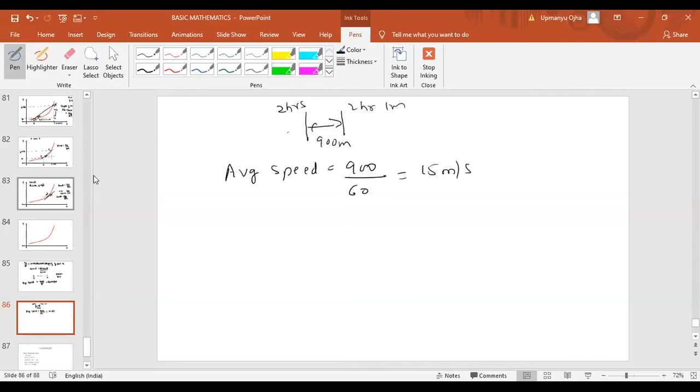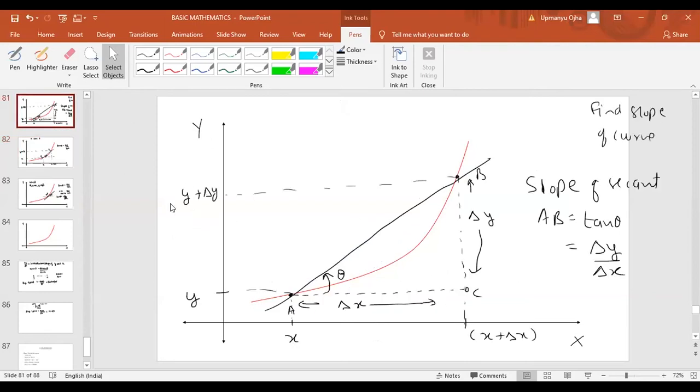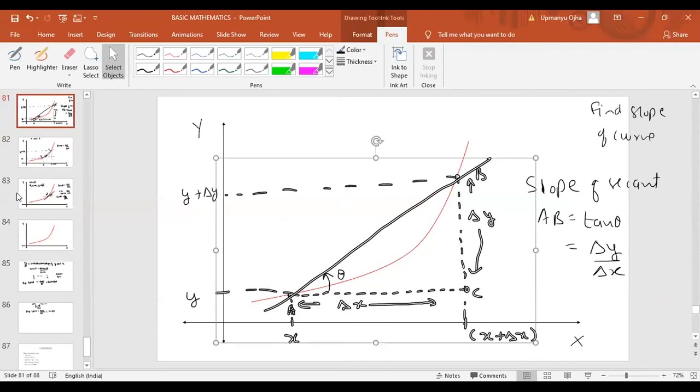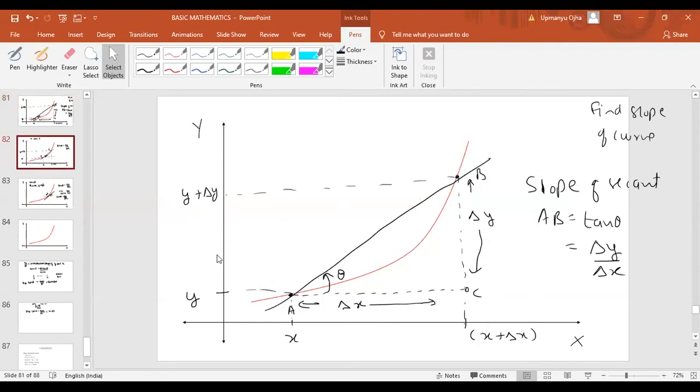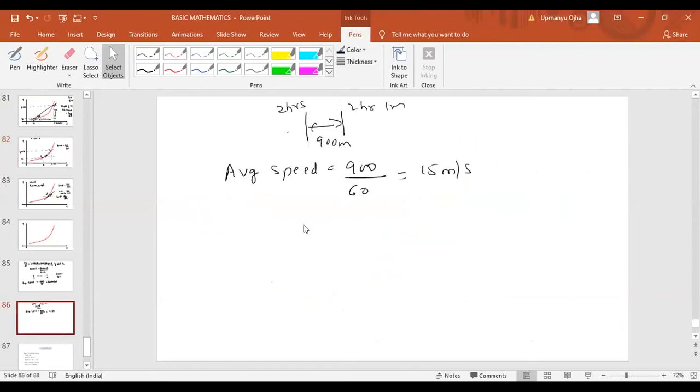time interval. So if you compare with this derivative here, what I am basically doing here, if I assume this y as x and this x as time interval t, then in the first case, when I was starting from Trichy to Chennai, the distance covered by me was 400 kilometer. Time was 8 hours. That was the first case. Second case, when I have taken time from 2 hours to 2 hours 1 minute, the distance covered was 900 meter. Basically, I am reducing the time interval.